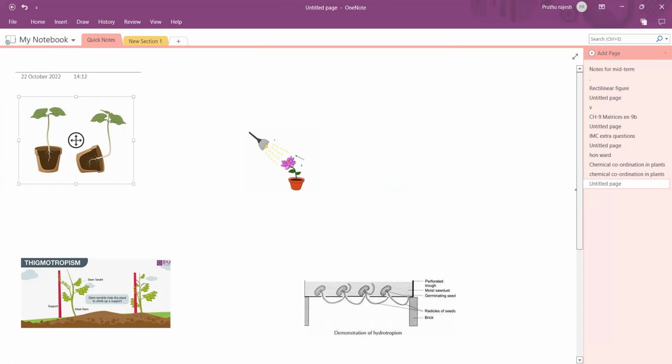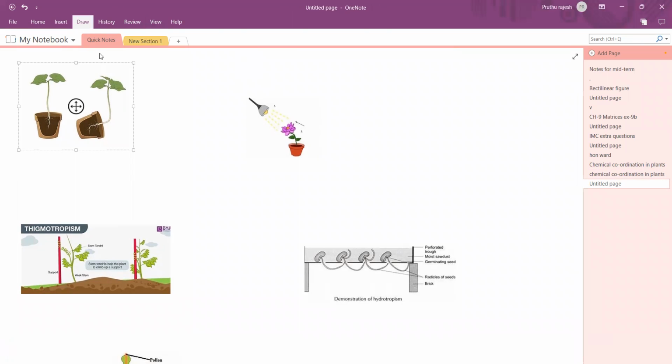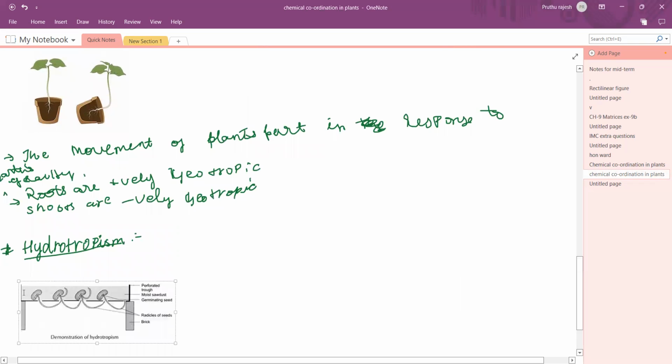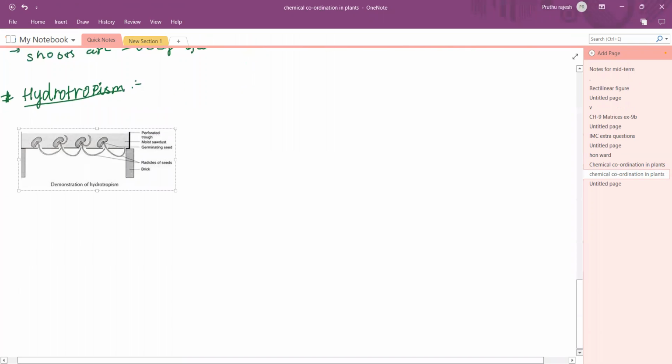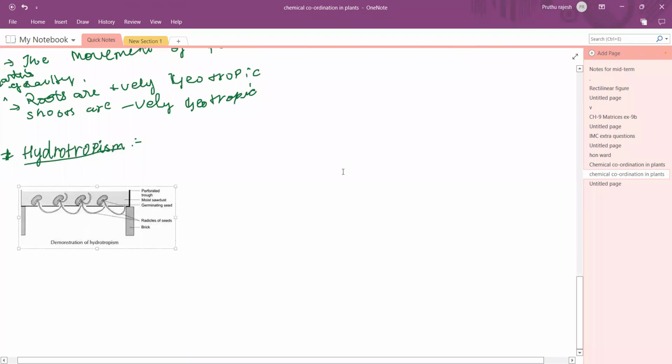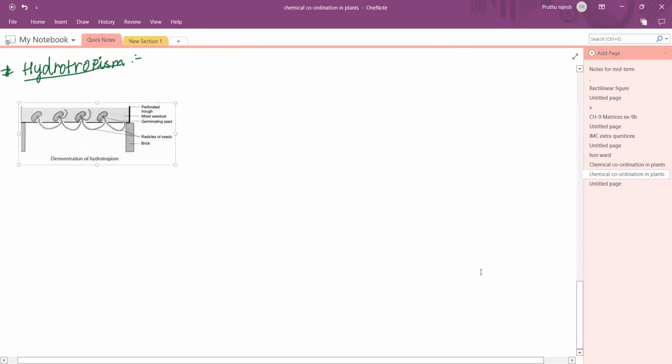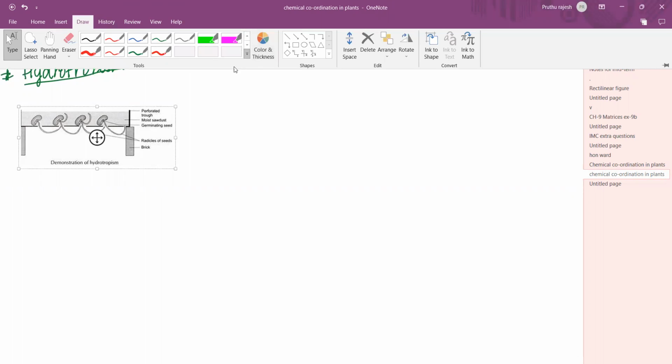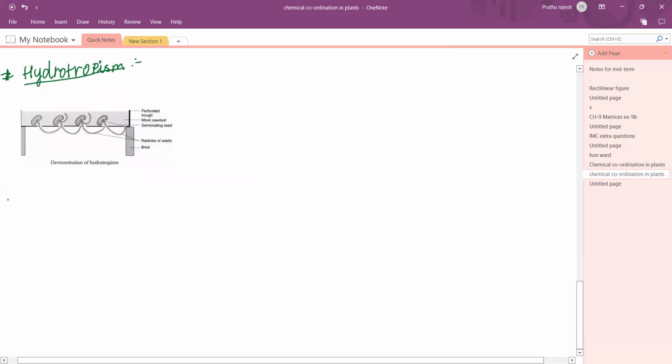Geotropism, hydrotropism. Right. So hydrotropism, the movement